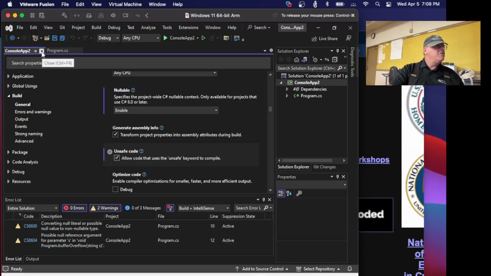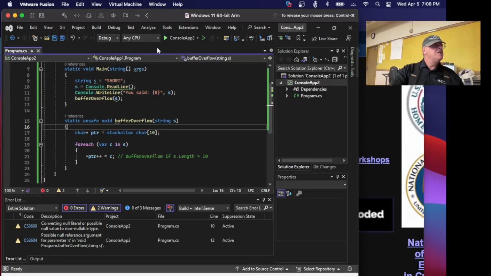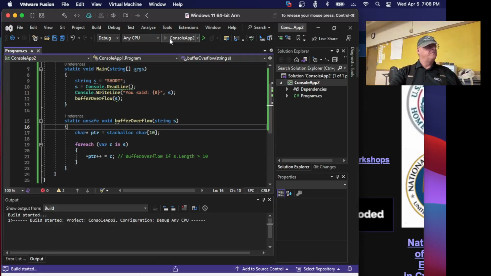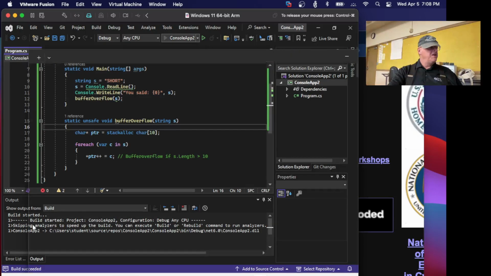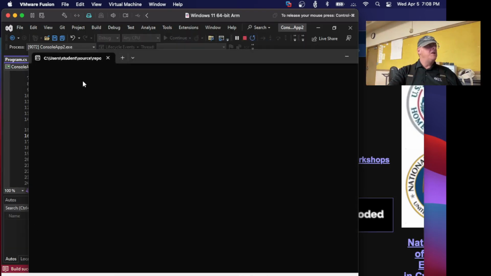And now I should be able to run that program. I can close this property sheet. There it is. Now I should be able to run it here. So it's building. It's not popping up an error message. Here comes the box. I can now type in a long string. Isn't it ready for me? There it is. Okay. Again, if I put in something like 40 or 50 A's,